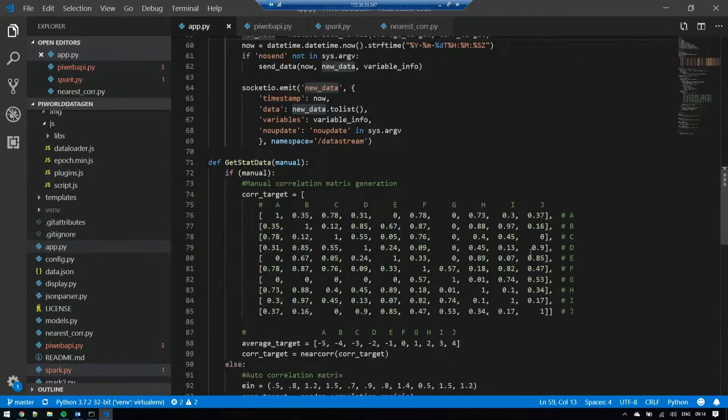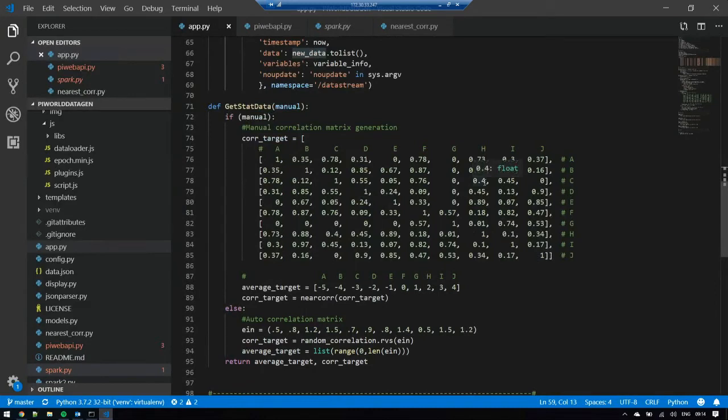There you go. So what I'm doing to generate data, we're talking about machine learning, so it's kind of pointless to generate random data and try to extract information of it. So what I'm doing here, I have a correlation matrix that I manually wrote. And for those who don't know what it is, a correlation matrix, it's just a matrix that gives us a,